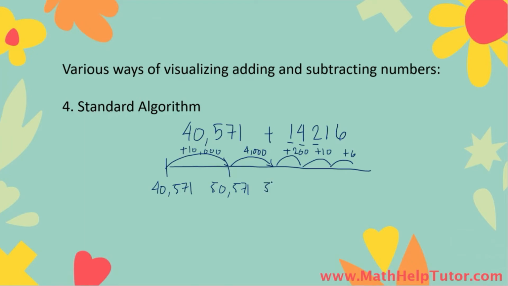50,571, and then we add 4,000 to it, that would be 54,571, and then we add plus 200, so at this point it's going to be 54,771, and then at this point we're going to add 10, that's 54,781, and then at this point we add an additional 6, so that's 54,787. As for decomposition, it's faster than the two other methods I mentioned, but it's still going to take a